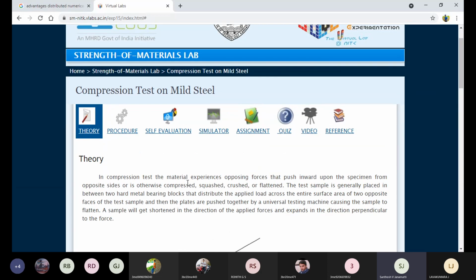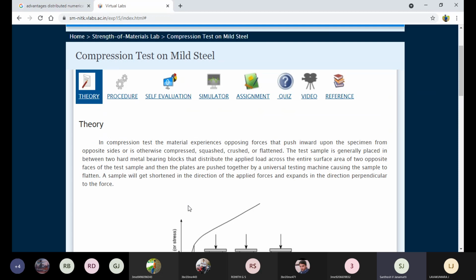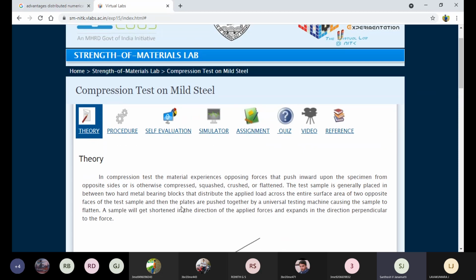So how would you like to compress the materials? Just tell me what kind of forces we can apply here to compress the material. In tensile, you know very well, we need to pull both the ends. Tensile means both the ends of that sample need to be pulled away from each other. Yes, that is what we call tensile. Both the ends are under tension.